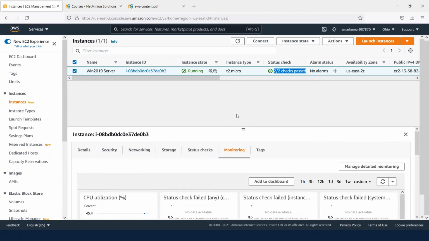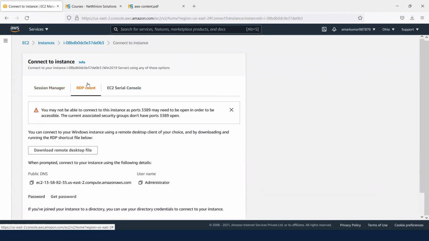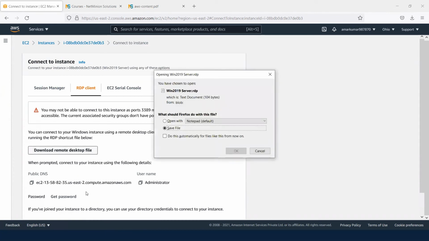Now the machine has been created. And if you want to access this machine, how can you access it? Basically, here you can select the machine which you want to access, and you can click on this connect option. When you click on this connect option, this is going to download one RDP client. Okay, so let's download this RDP, Remote Desktop.